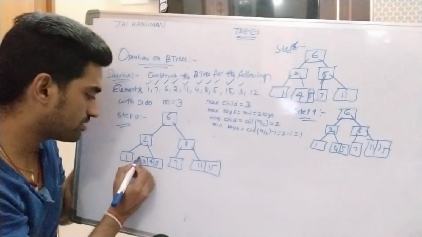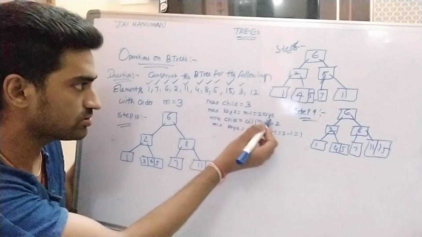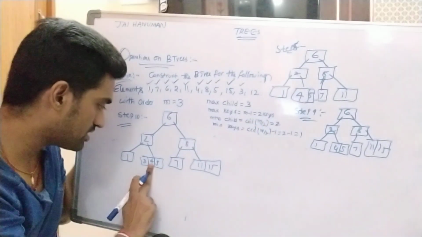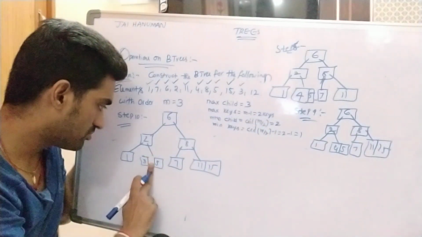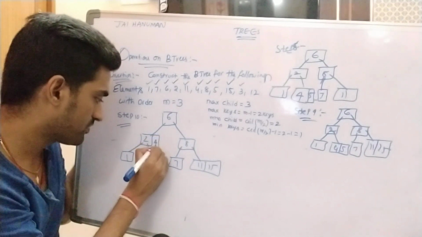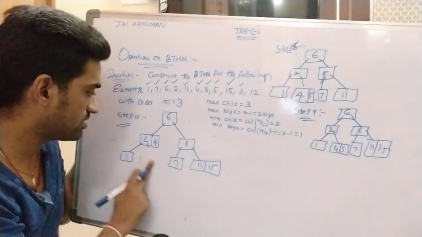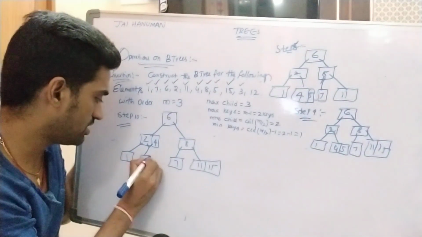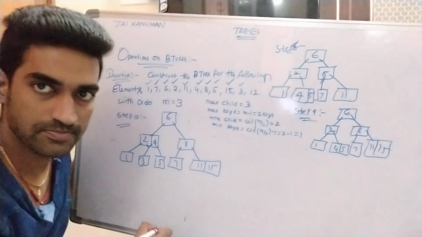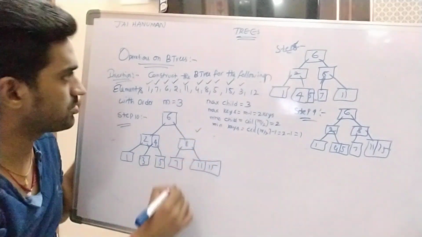This is a third order B tree, but this node contains more than 2 key values. Maximum keys are 2 keys. So that's why the middle position moves to the previous level, that is 4. For 4, what are the possible children? 3, 5 are the possible children. Fine. So now this tree satisfies the B tree properties.